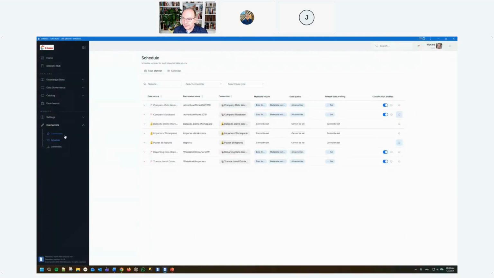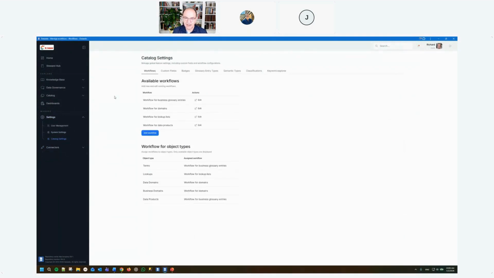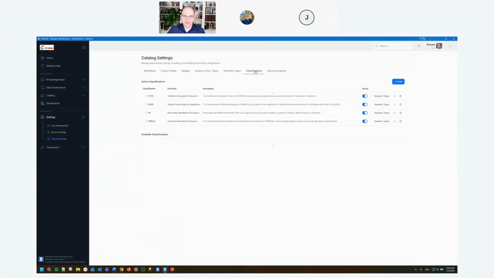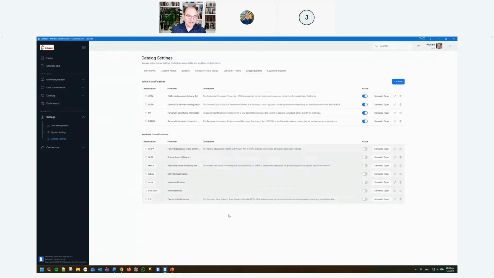All right, you have more control here. If we go back into catalog settings, you have more control here about actually managing the classification. So there are two new tabs here in catalog settings. We're going to go to classifications first. And this is where you choose which regulations you're going to enable in your system. So you can see right now, I've got these first 4 enabled, and the others, I've got them all turned